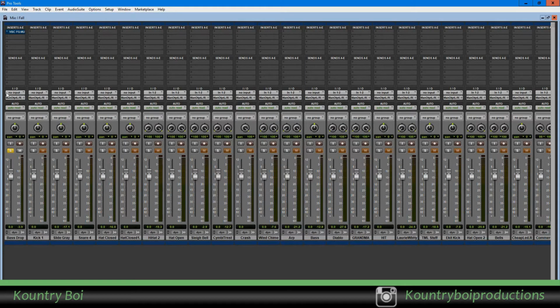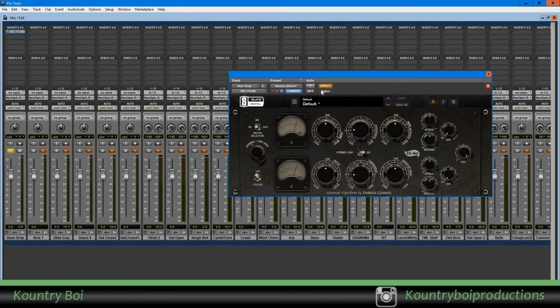First thing I'm gonna do is unsolo this bass drum, and I'm gonna pull up this compressor. One of the things I like to personally do is compress a good bit of some of my drums, because compression takes that signal and crushes it down a little bit and makes it more solid and more